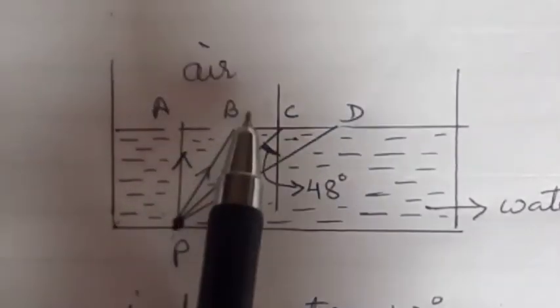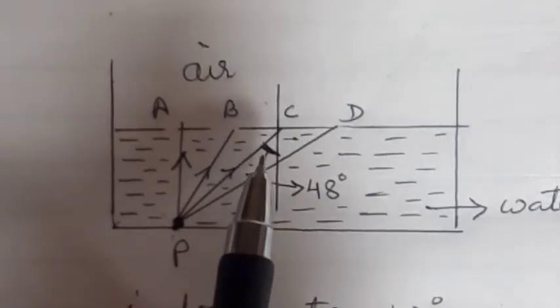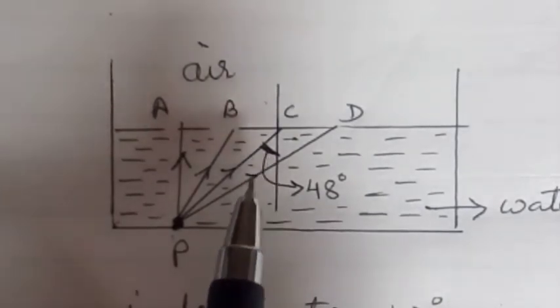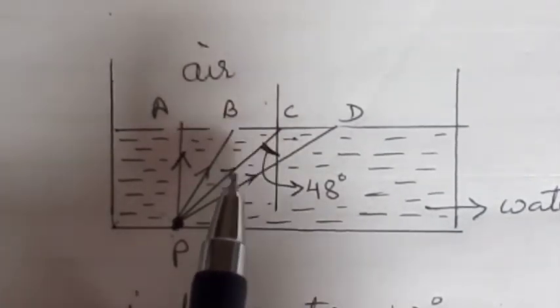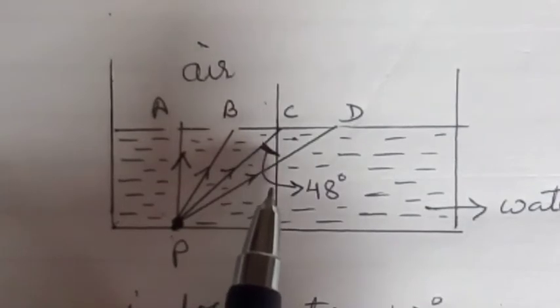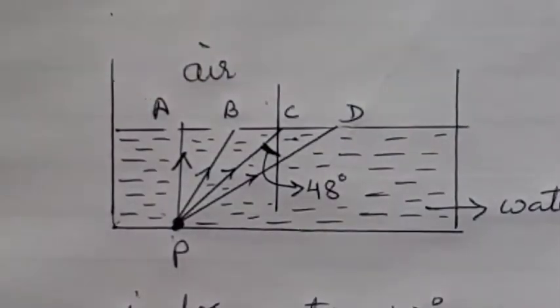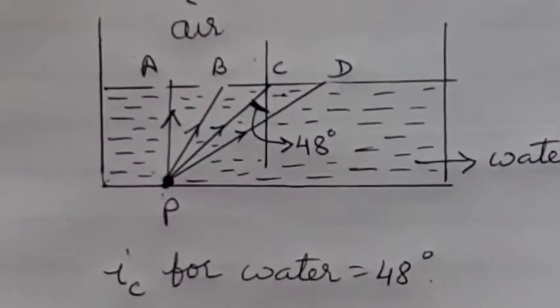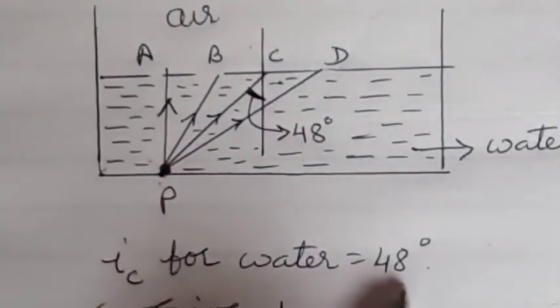Ray B is at an angle, then C and D. Ray C, the angle of incidence for ray C is given to be 48 degrees. The question is, draw the rays as they emerge out of this water. So how to do this kind of question? Complete this ray diagram. Given that the critical angle for water is 48 degrees,